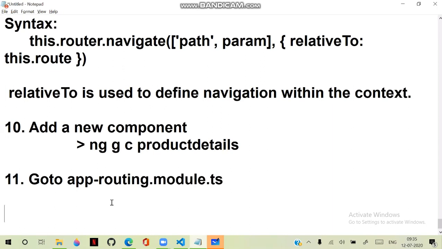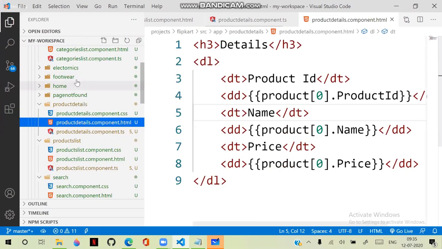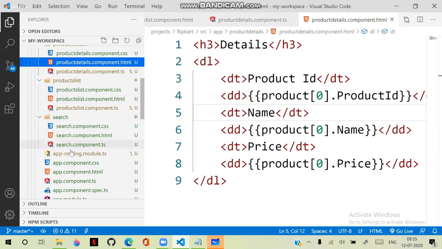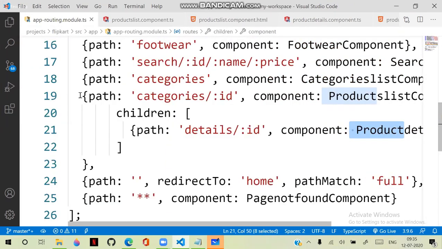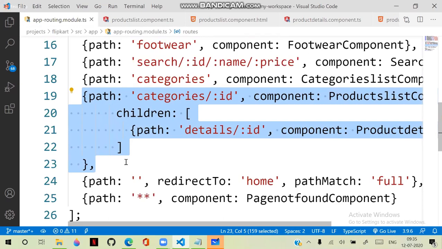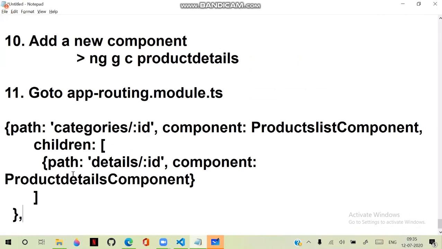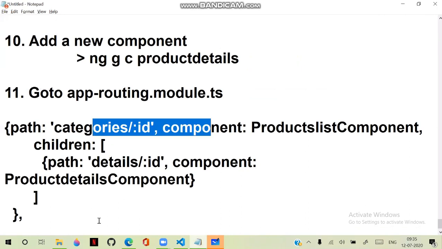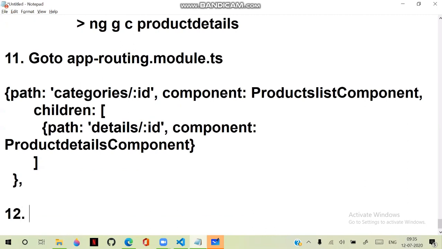app-routing.module.ts. In the app routing module TS, we need to make some changes. Just the products list, this is the route we need to configure. That means additionally, we need to add this child route. So here we need to make the changes in the categories ID. Okay, we add a child route here. Next, what we have to do is